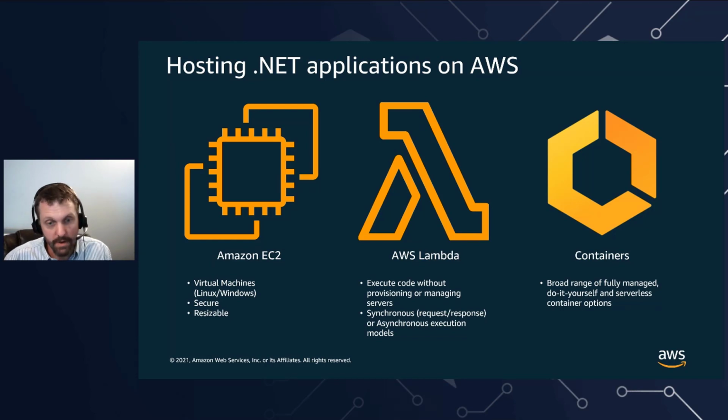You can also host your .NET applications on AWS Lambda. AWS Lambda is a serverless function as a service that you can use to execute your code in response to events, such as putting a file in S3, an HTTP call from API Gateway, or receiving messages from an SQS queue. The AWS managed runtimes that Lambda supports are the long-term support versions of .NET Core, which is currently 3.1, as well as you can bring your own runtime to Lambda, either through self-contained .NET apps or through